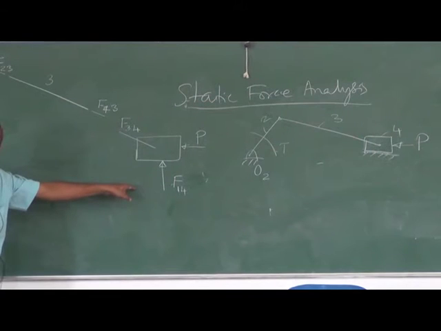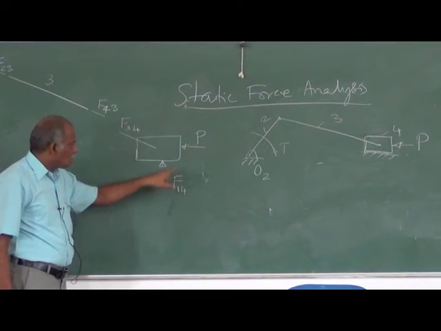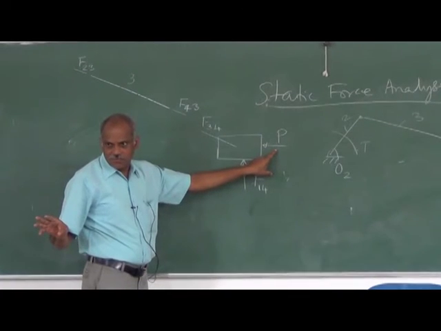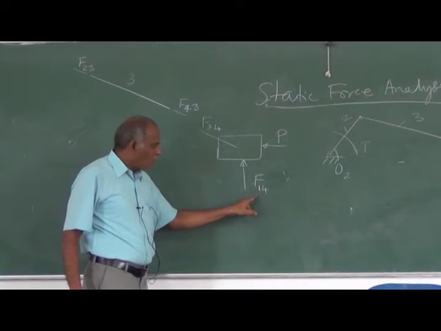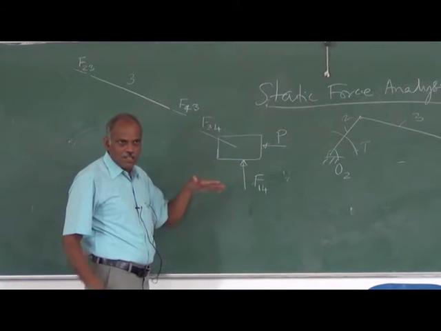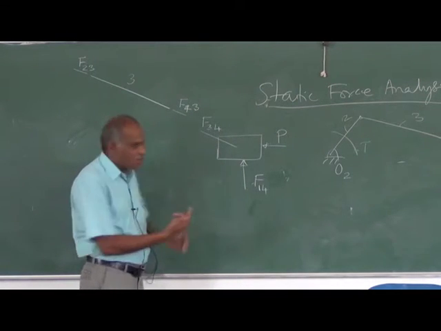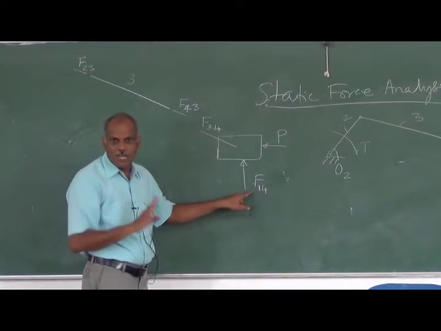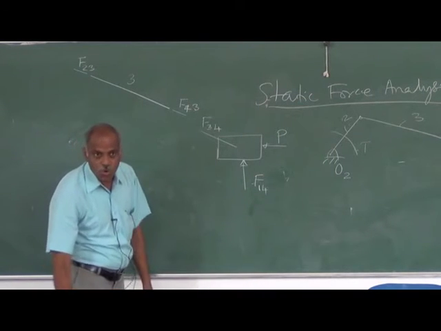Now you see here this particular free body diagram, there is a force P, that is the applied force; both its magnitude and direction must be given. So this is fully known. Here F14 is the reaction between the piston and the surface, which I have said has no friction, therefore it must be acting normal. So this direction is known, magnitude is unknown. So only the magnitude is missing, direction is known.